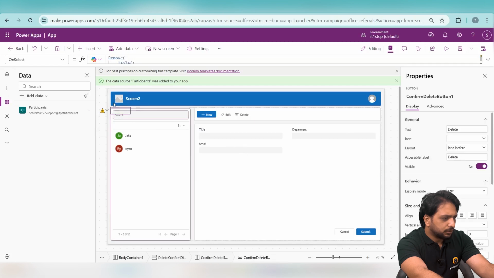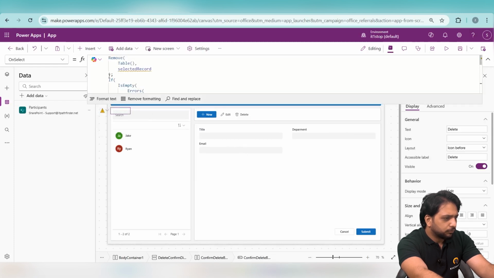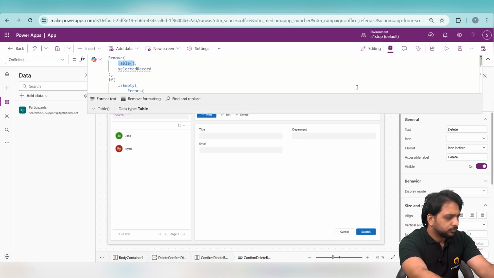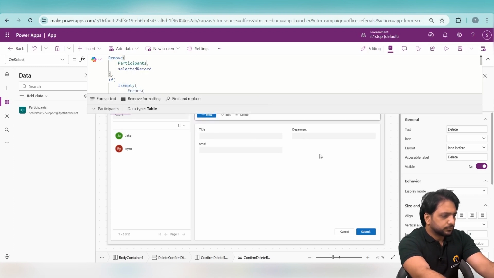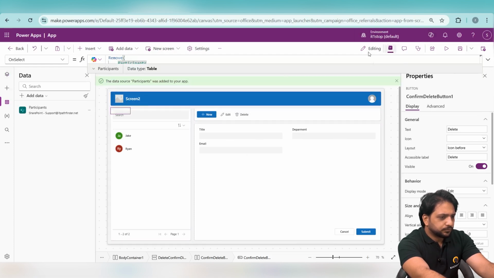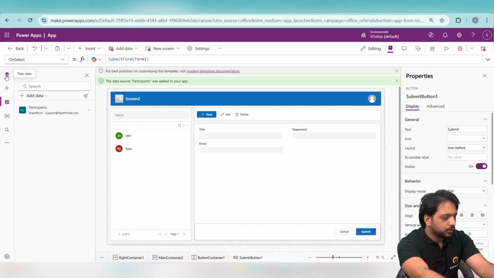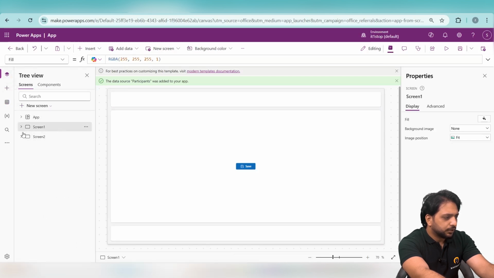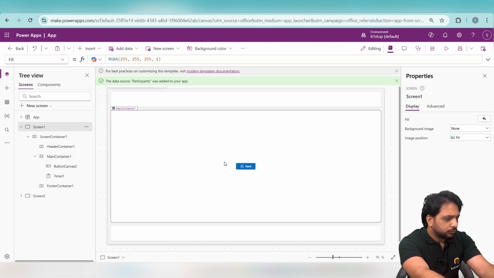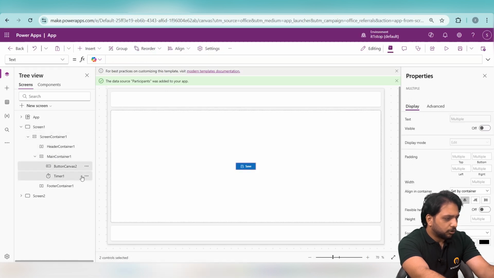Now after that, here we will remove the delegation by adding the list name. After that, here you can see our page is ready, so we need to add the animation on our submit button. So for that we will go in our tree view. Here on the screen 1 we will create a group. So for that we'll copy this,